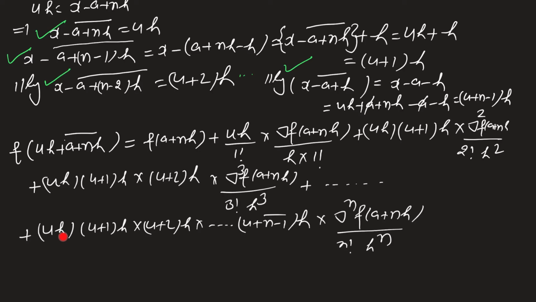Look over here, these are n terms starting from 0, because here u plus 0 up to n minus 1, these are n terms. So with every term there is h. So if you are having n such terms, it will be h raised to the power n, and here is h raised to the power n. So I am going to cancel it out. Done. Similarly here, cube will cancel out, h will cancel out, this square will cancel out, done. So we are left with